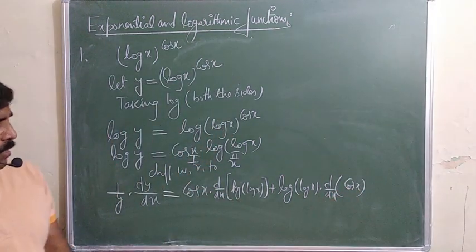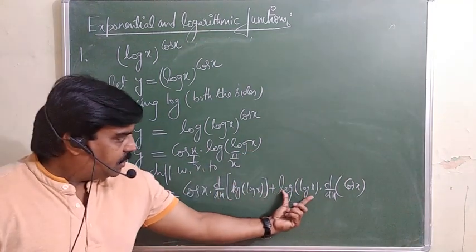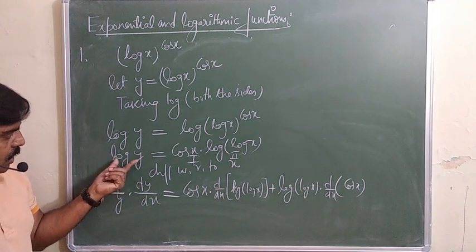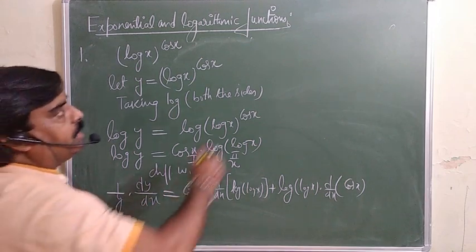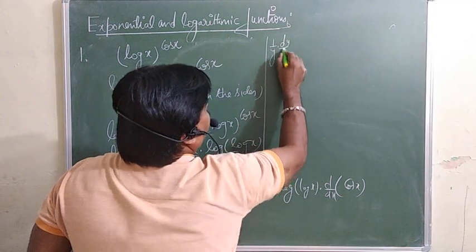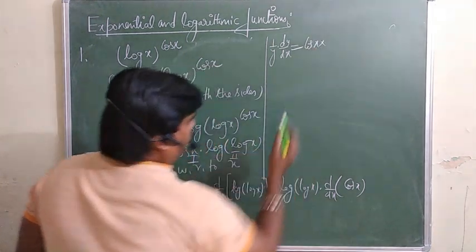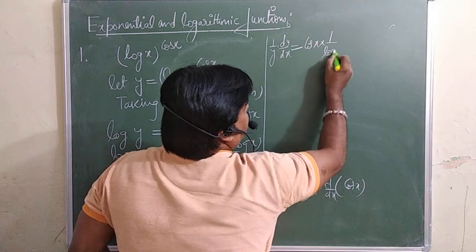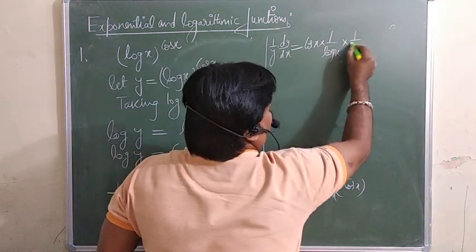So here we will apply the product rule: first times derivative of second plus second times derivative of first. Log y gives first 1 over y and then the derivative of y is dy over dx. So finally, look here, this is 1 over y into dy over dx is equal to cos x, which will remain as it is, into first of all the derivative of log(log x), treated like log of something, which is 1 over log x, then by chain rule the derivative of log x is 1 over x.